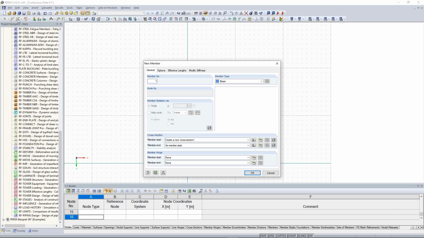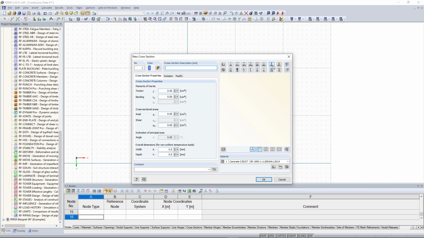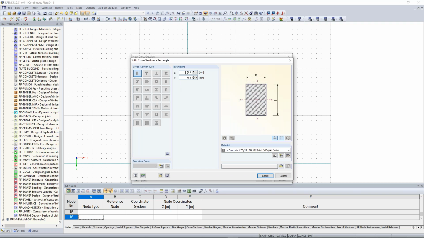To get the results better, it is useful to use the same thickness of the plate and also refer it on a 1 meter beam. So we create here a new cross section for member start. And I click here the import parametric solid cross section, a rectangle. The width of my cross section is 1000 millimeters, and the height is the same like the thickness of my plate, 300 millimeters. The material is the same, concrete C30/37. I click on OK,